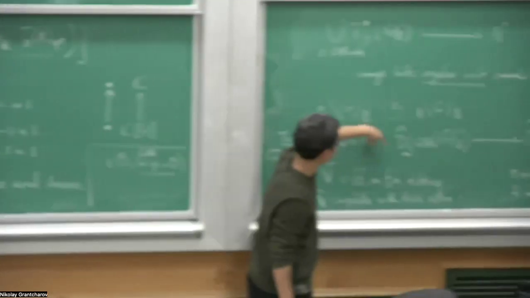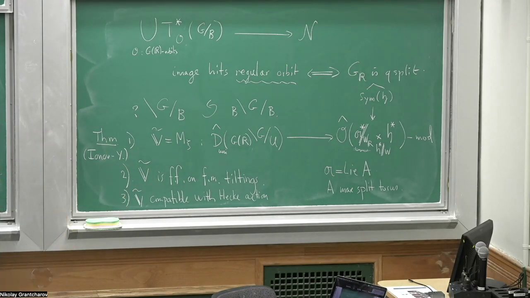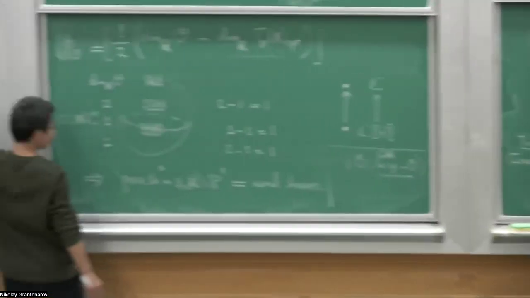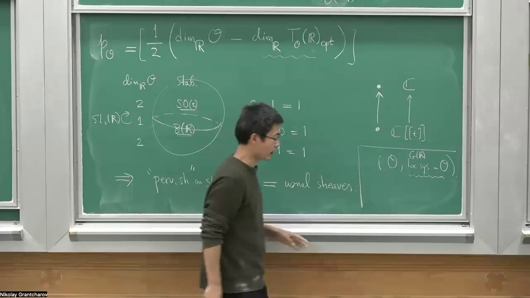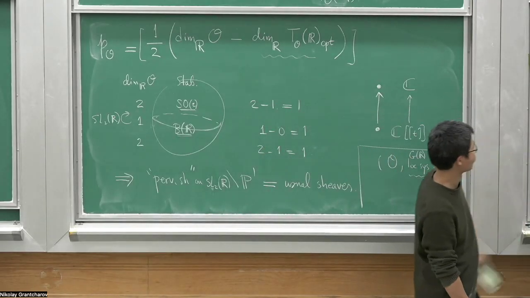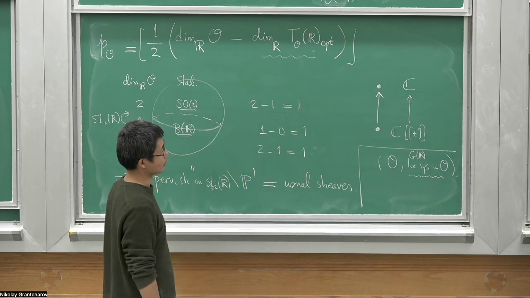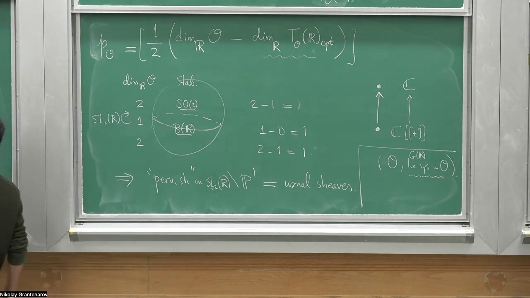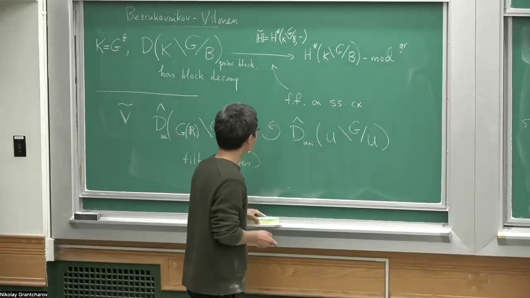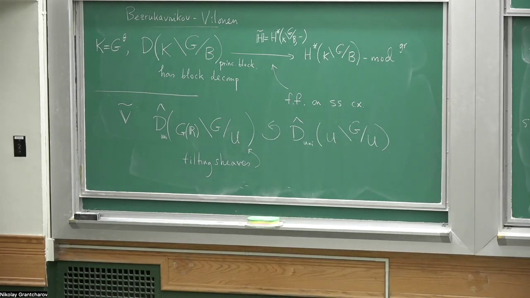They didn't use a geometric argument for this monodromic side. For one side, they use a geometric argument. The other side, they use category O, a more algebraic argument. But now we also have a geometric argument parallel to the